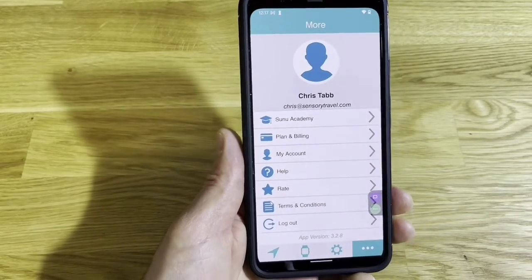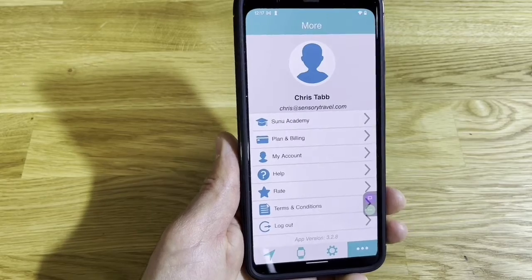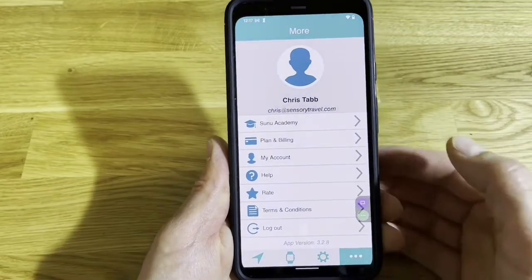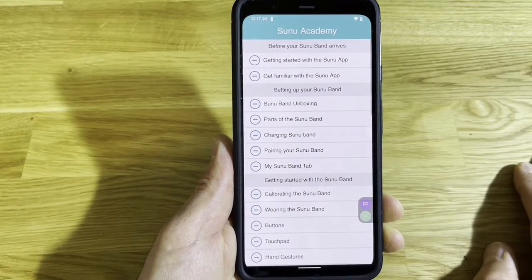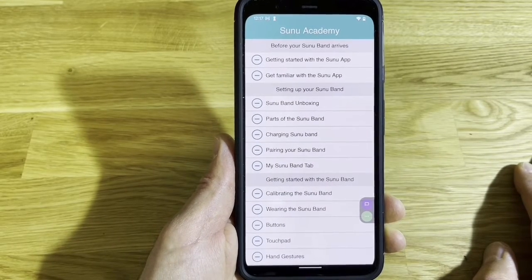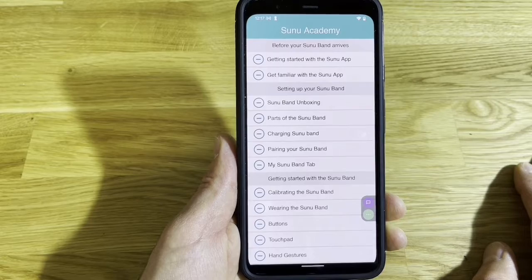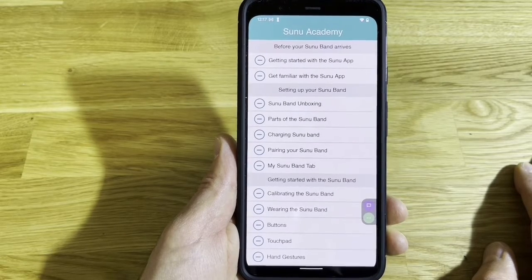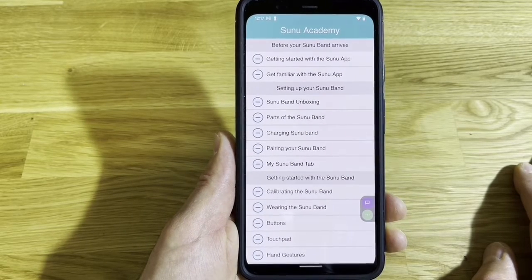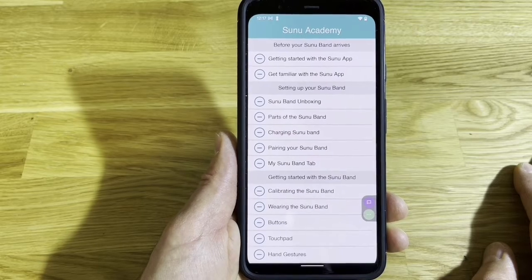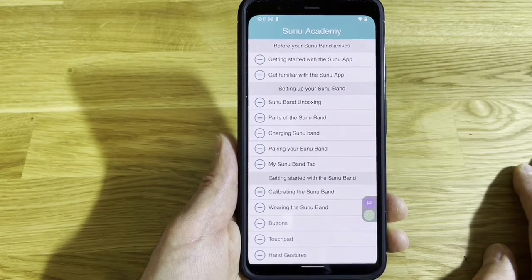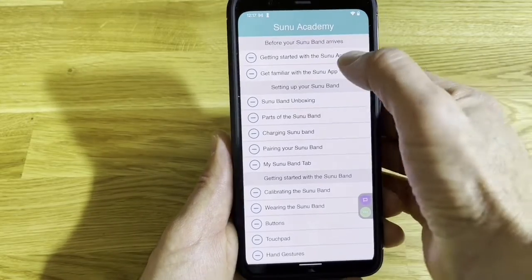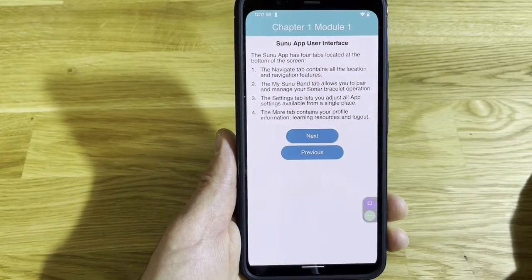This has things like the Sunu Academy, which is a terrific way to learn about using both the app and the Sunu Academy itself. And each of these will walk us through learning to use the device. I greatly encourage anyone who has a Sunu band to work their way through these. It really helps to orient to the band itself and the features that are available in both the app as well as the band. By choosing one, Chapter 1, Module 1,